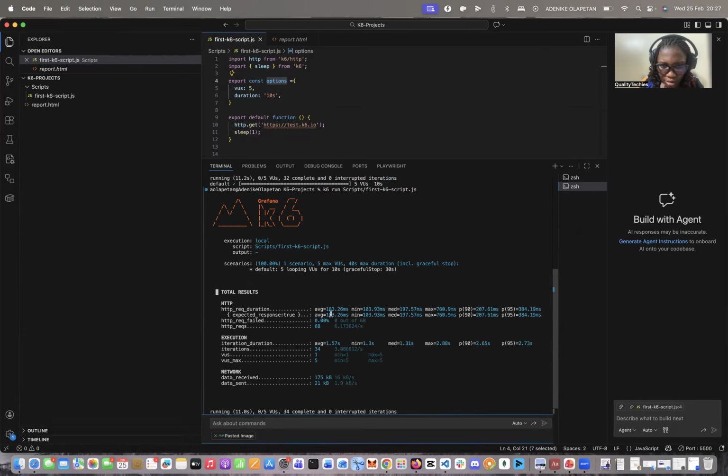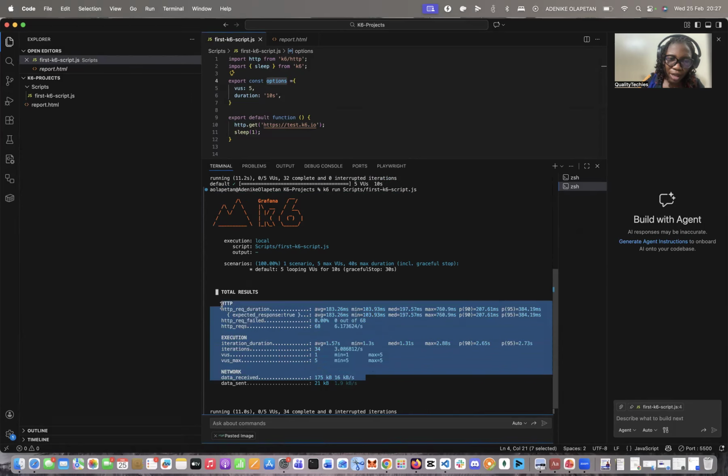So you can see the results of our test. Like I mentioned yesterday, you could copy this into your chatbot, your ChatGPT or Claude, to get a detailed explanation of these metrics. So moving on,